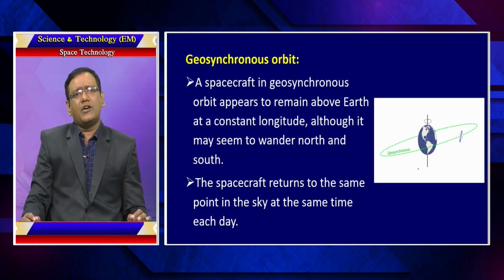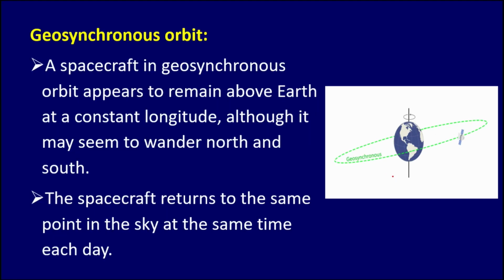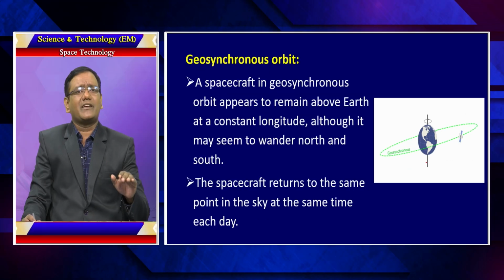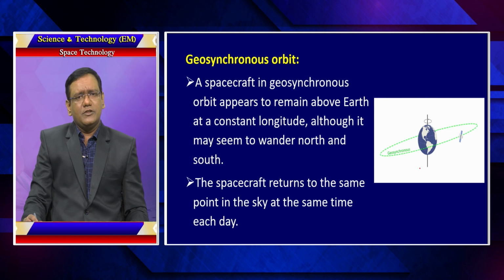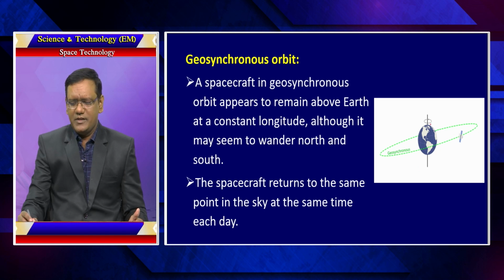A spacecraft in a geosynchronous orbit appears to remain above the Earth at a constant longitude. Although it may seem to wander north and south, since this satellite has the same time period as the Earth's time period, it looks constant on a particular longitude. So the spacecraft returns to the same point in the sky at the same time each day, because